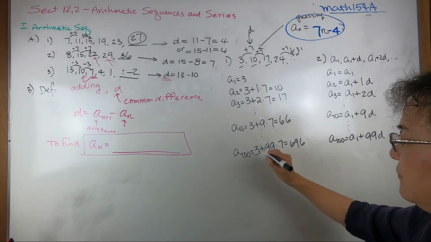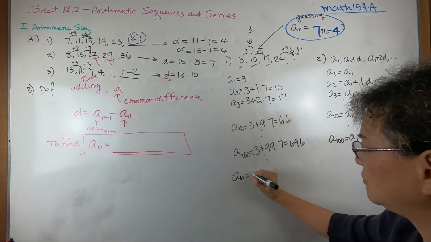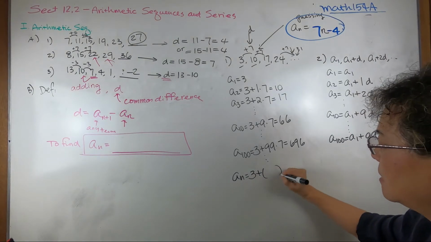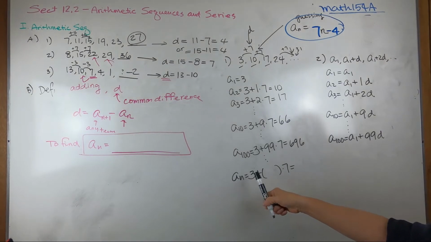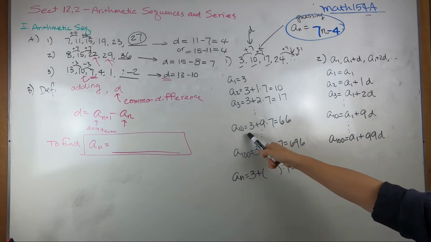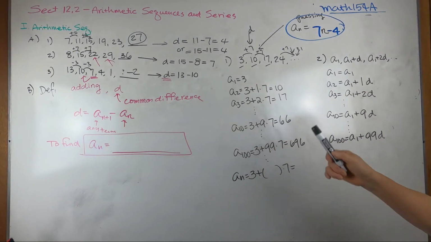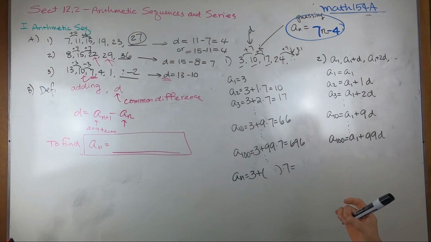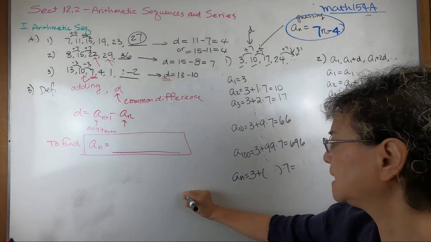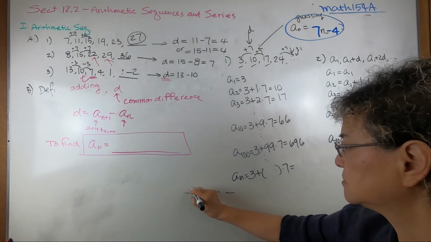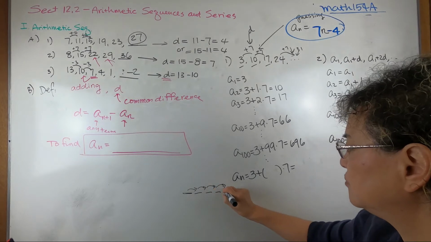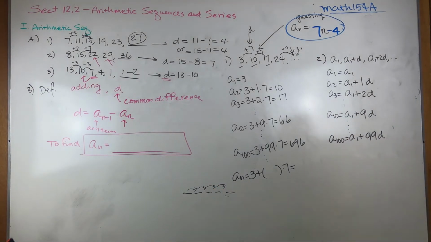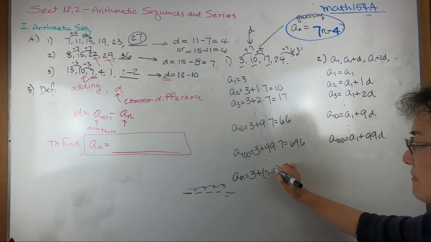Okay, so if we use this thinking, AN will be what? 3 plus how many sevenths away? If nth position, right? 100 would be 99, 10 would be 9, 3 would be 2. So your distance will be one less position, right? It's like 1, 2, 3, 4, 5. So distance from 1 to 5 only add how many times? 4 times, right? Nth position, that would be what? N minus 1,